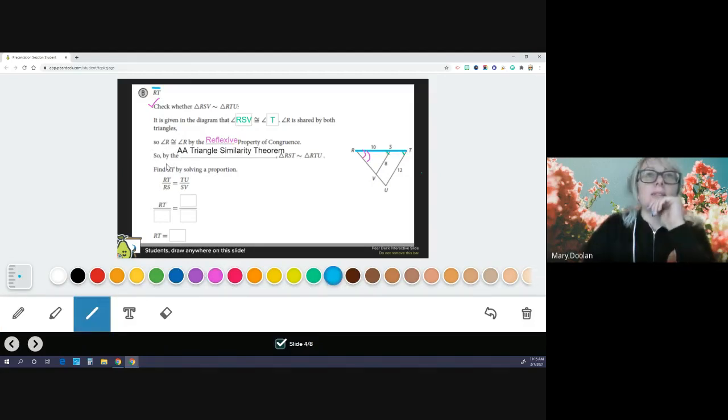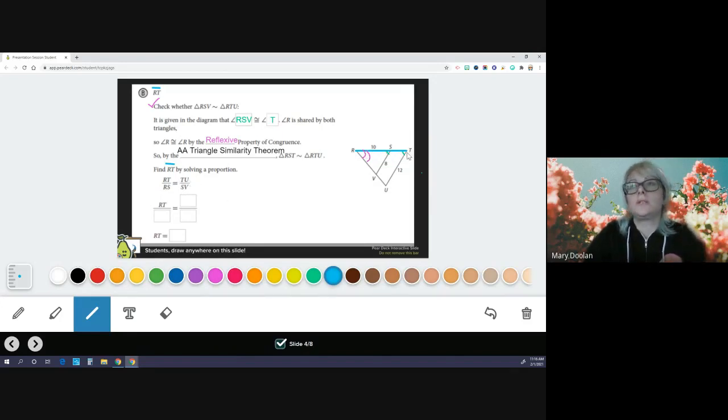So side length RT is right here. And this is one way to set up a proportion. RT over RS, so that's one of your ratios. So it's this entire side length of the larger triangle compared to the smaller side length of the one that's similar to it, RS. And then